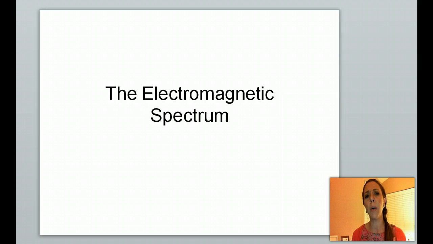So why we talk about it in earth science is because we use light, the electromagnetic spectrum, as evidence of our universe. We are not able to travel far distances, but light is able to. Light is able to travel from other stars to us, and we can record it. Light is able to travel from us to other stars, and we can record that and see how it behaves. So we use light as a way to go out into the universe and collect data, even though we are not able to, right?